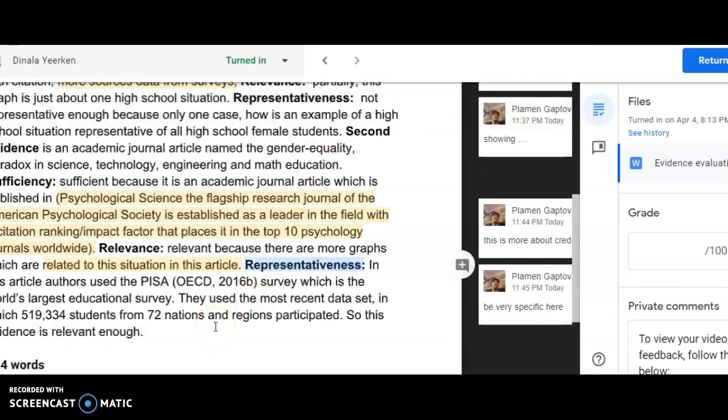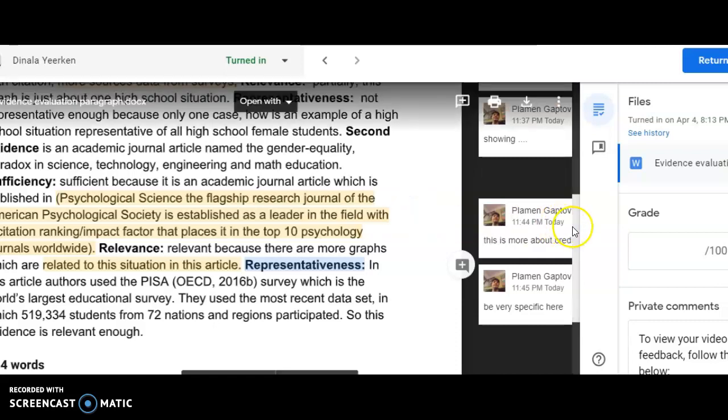So for representativeness, there is a very good document that we shared with you a few weeks ago. Remember, we asked you to read it. It's on Google Classroom. It discusses representativeness in detail. It's basically about typicality. How typical is the example given? How typical is that example, right? Does it represent the average, the normal school? That's what representativeness usually means.